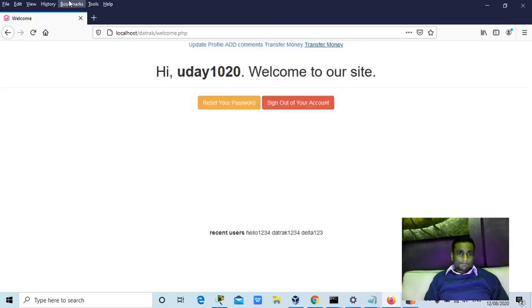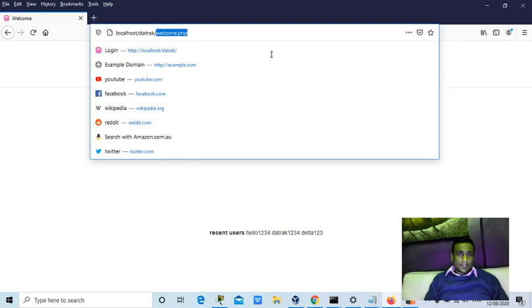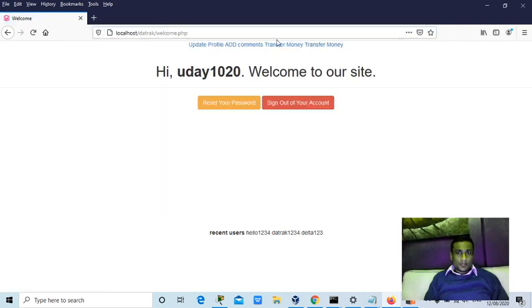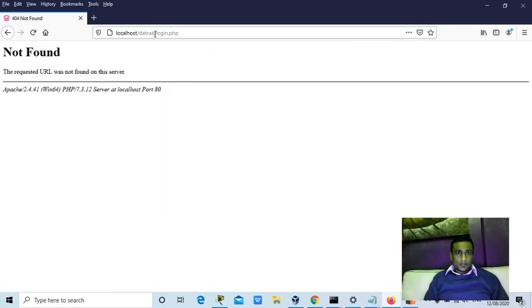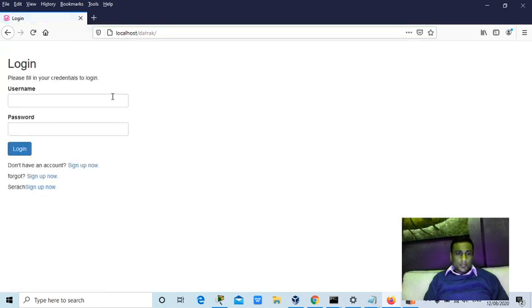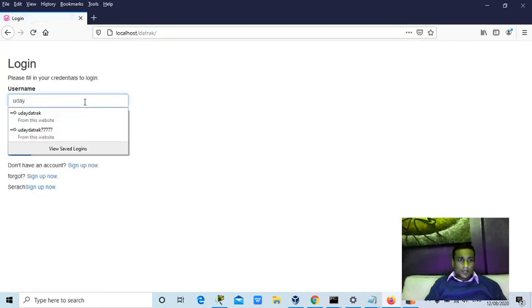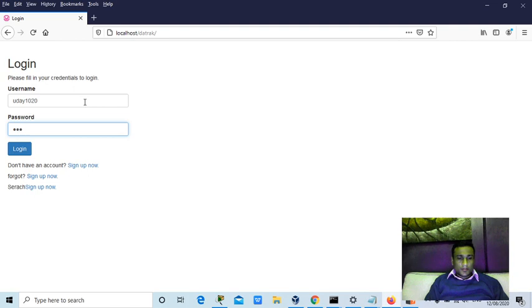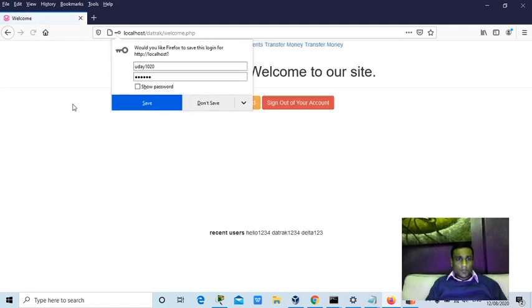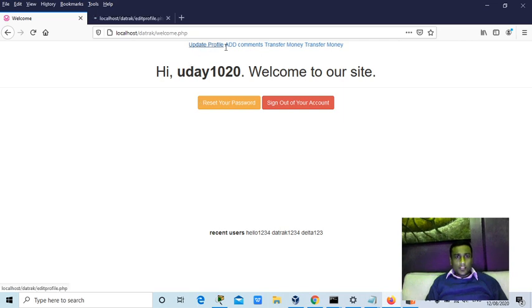Now let me try from the beginning, guys. Now I open the website. As soon as I open the website, I'll try to log in to the application. And I'll try to open each page in a new tab and submit the request, one by one.